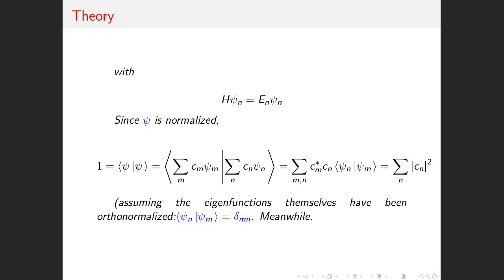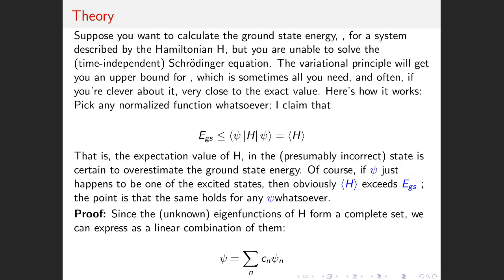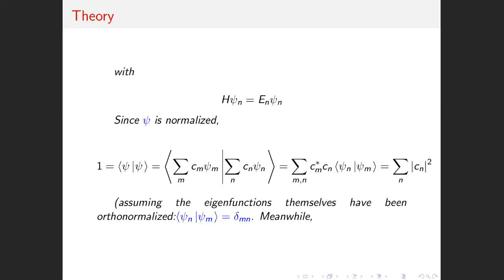Let's say that the eigenfunctions of your Hamiltonian H form a complete basis. This means that whatever trial wave function you choose, maybe I should have written psi t, you can expand it. The coefficients will be unknown. You can always expand it in terms of the eigenfunctions of this H. So the first thing that you have to check will be,